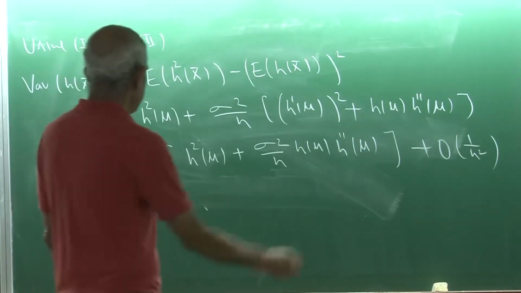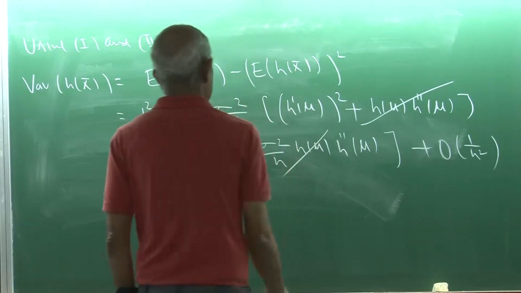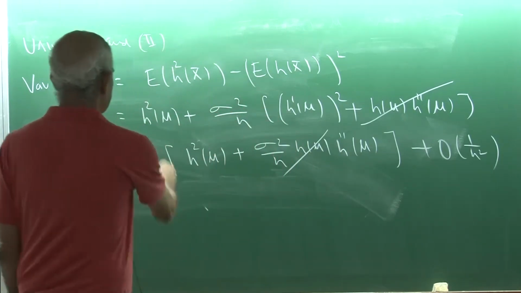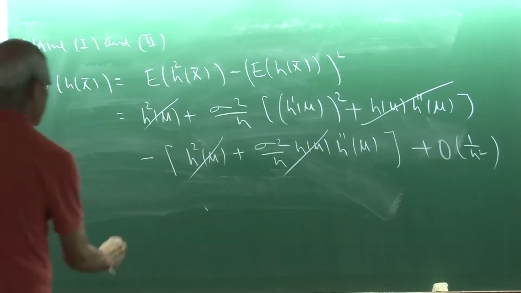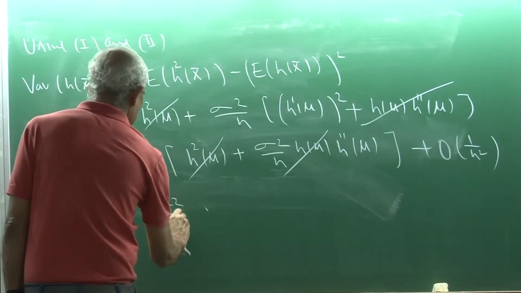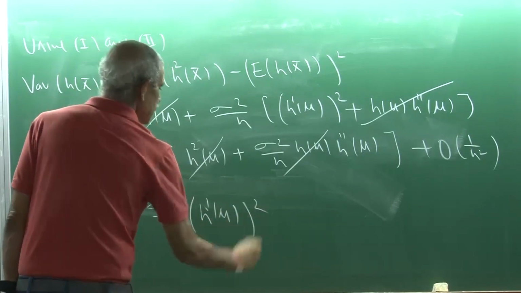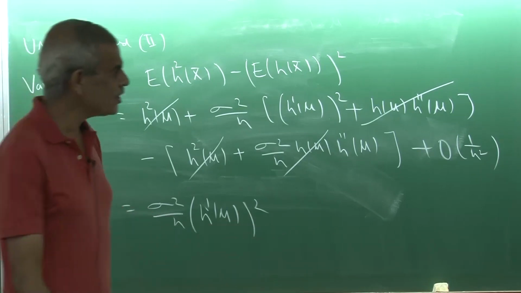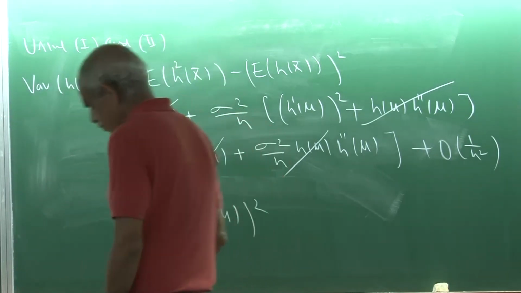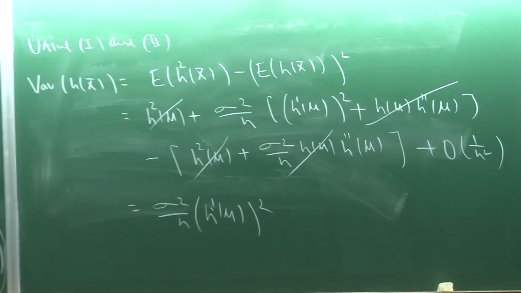So what happens? You just see this gets cancelled with this quantity, and then h square mu gets cancelled with h square mu. So what you are left with is sigma square by n (h prime mu) whole square. And that is what you have to prove. Right? So this gives you the orders of expected value of h of x bar and variance of h of